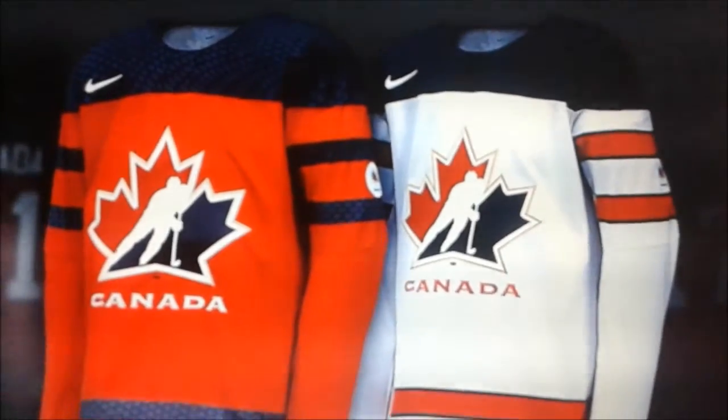And I'm not gonna lie, these in my opinion are a downgrade from these. But anyways, I gotta say, I do like the white jersey. I just wish Nike would have elected not to use the sublimated pattern on the shoulders and would have just gone with a regular black shoulder yoke. It would have been way better. Bit of a missed opportunity in my opinion. But anyways,